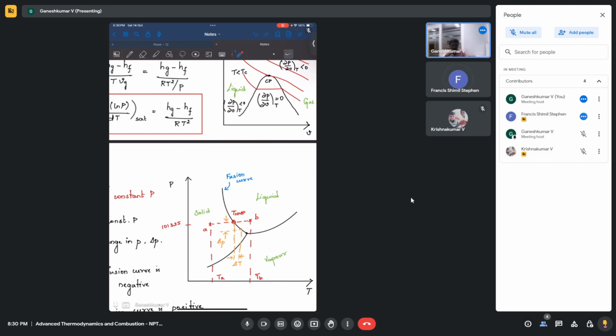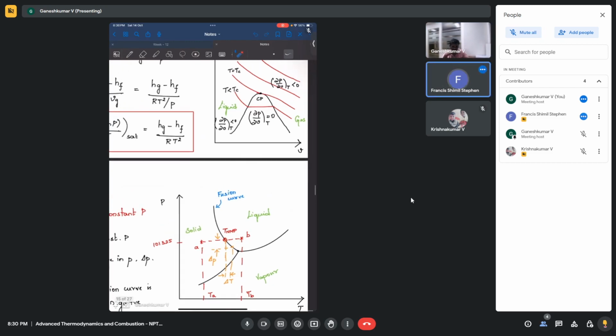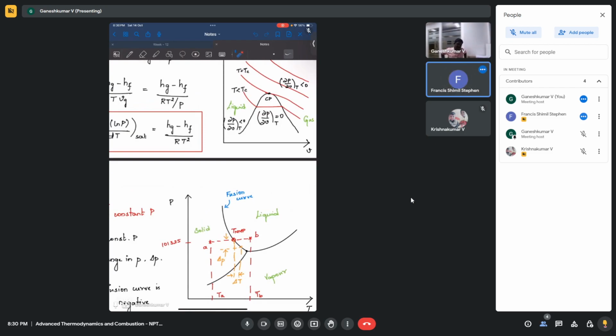Does that make sense? Yes, sir. So in the same curve, if we are talking about a T saturated line, if we take a certain pressure, about 550 megapascal, then the T saturated will be, if you draw the straight line horizontally to that temperature, the line which intersects the curve, the vapor line, will be the T saturated. This one you are telling, right? Yes, sir.